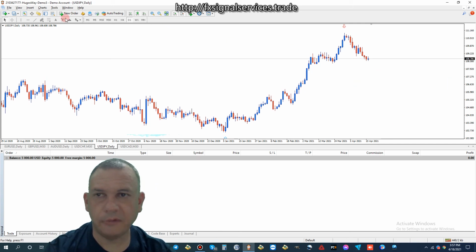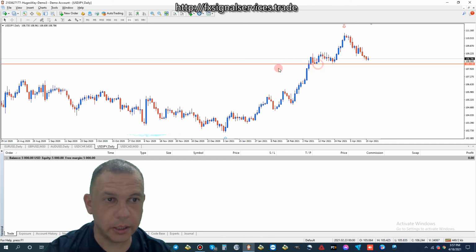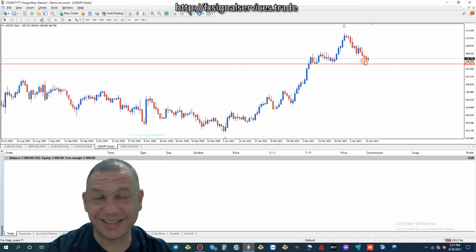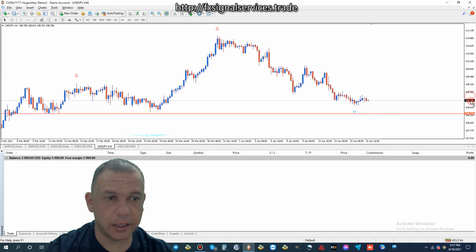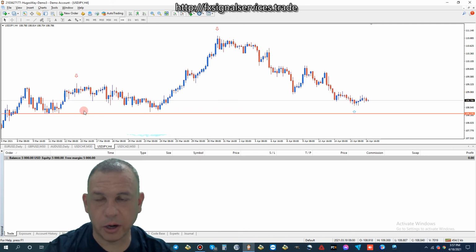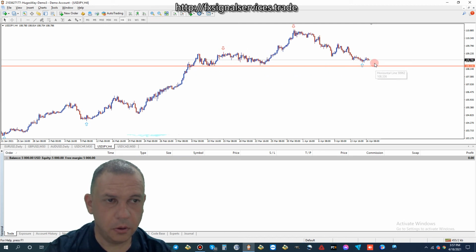Okay, how far will it drop? That is the $1 million question. Nobody knows. Okay, but we can kind of use the past to determine the future a little bit. Here we see a strong support. Okay, it is very possible that it will drop here and form a blue arrow. This is most likely the scenario. Like, I'm not a fortune teller, so don't quote me on that, but if you look here on the 4-hour chart, you get a clearer picture of what I'm trying to show you. Okay, so yes, this could repaint and form another blue arrow lower.